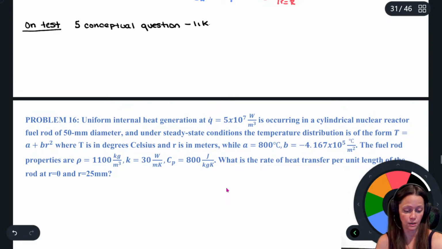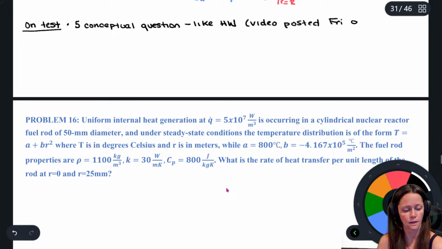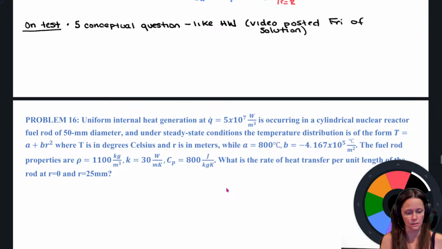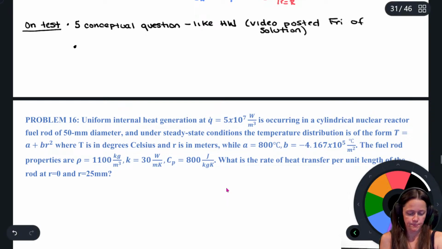Like the homework, I'll post a video Friday of those solutions, just walking through why they're right, or why the answer is the way that it is. So 5 conceptual questions,